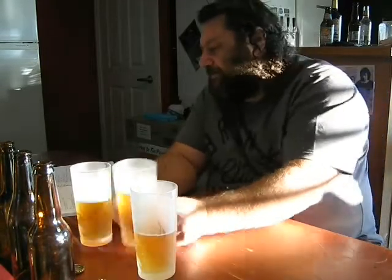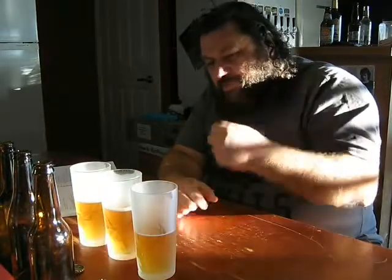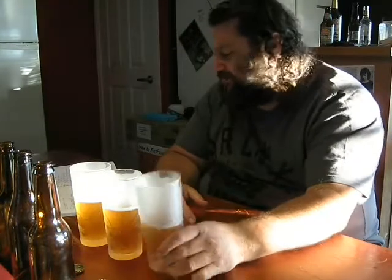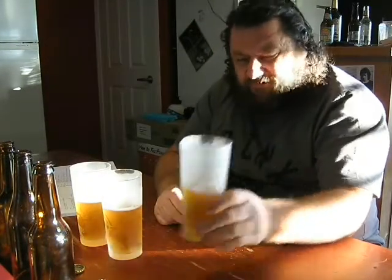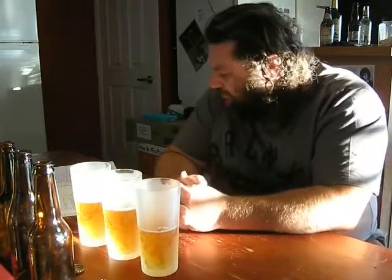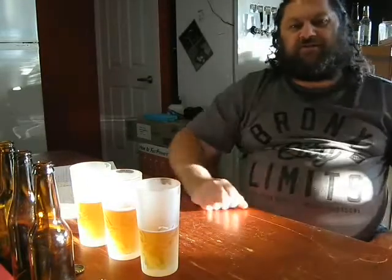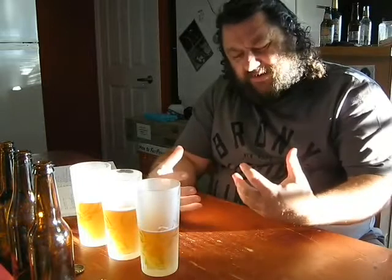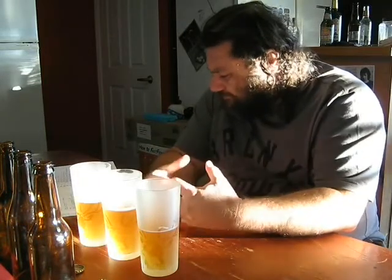So right now, without actually checking, I'm going to hazard that that is the BRY-97, the one on my left, the first one, which is thinner. And that is coming from, okay, it finished a little bit lower. There's 1 point lower on the gravity, so I think that should come across as a thinner body, but also that quicker ferment